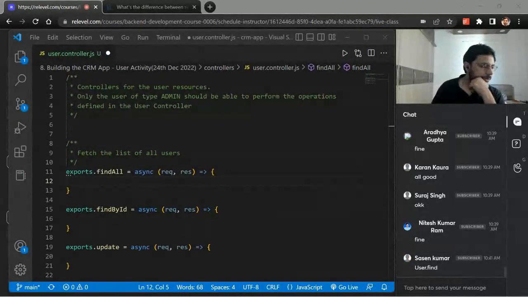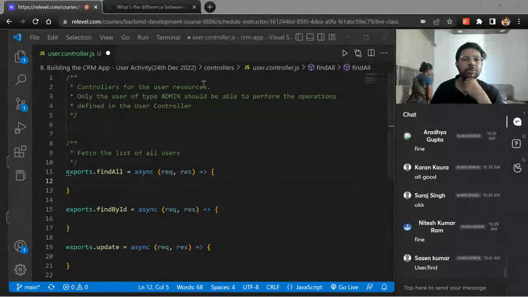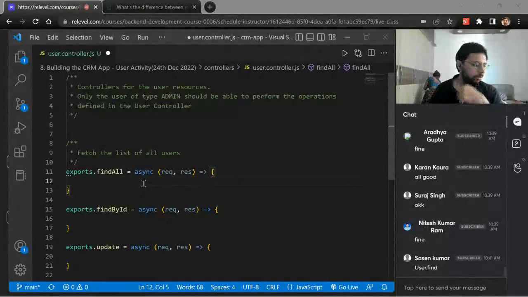User.find. Yeah. Okay. So there's one very simple way of writing it, which is to just find all the users,